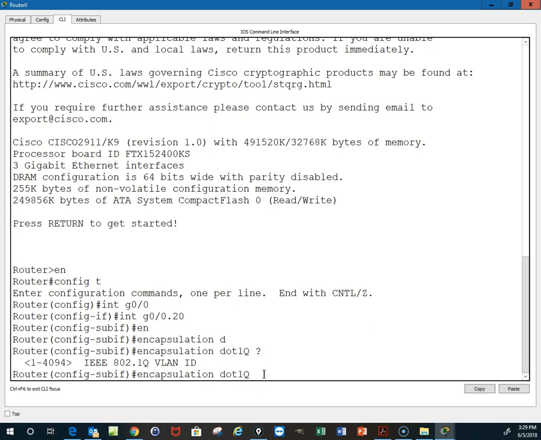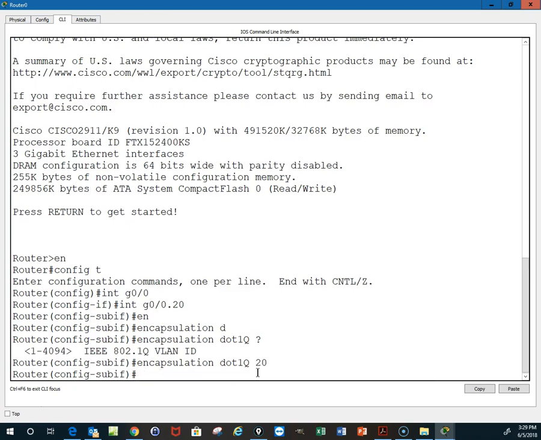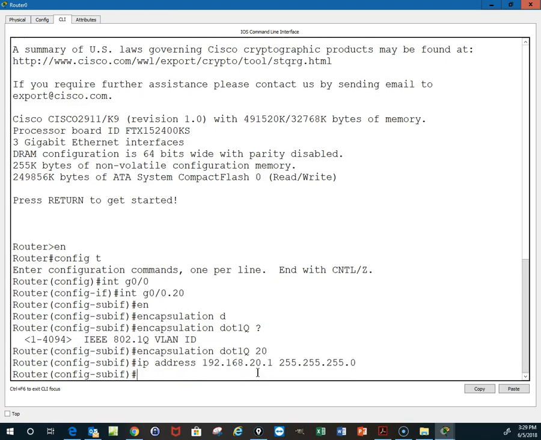Which VLAN am I associating this one with? It's going to be 20, and then I do an IP address of whatever the default gateway is, 192.168.20.1, 255.255.255.0, and then I go to interface gig